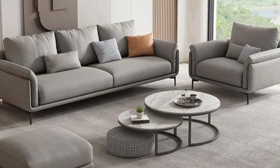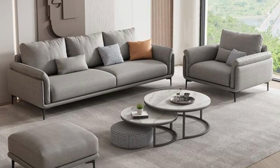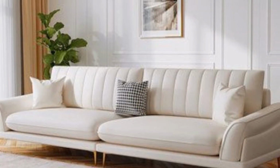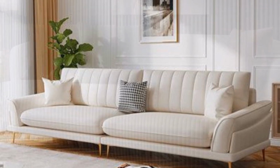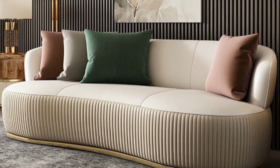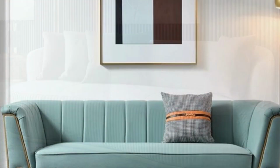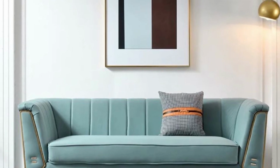Sofas are central to the ambience of any room, and contemporary designs bring a fusion of aesthetics and functionality. One prominent trend is the shift towards multifunctional sofas. These innovative designs often incorporate hidden storage, pull-out beds, or even adjustable sitting arrangements, making them perfect for smaller living